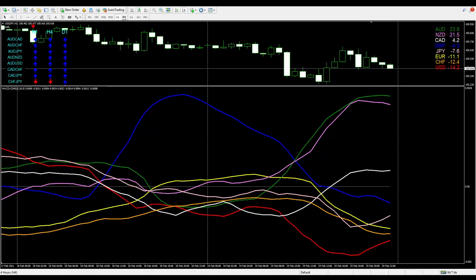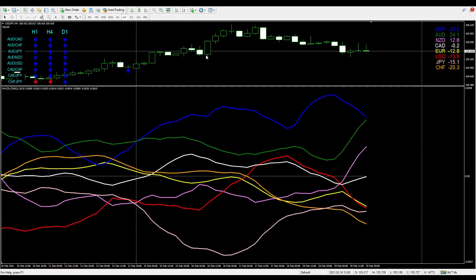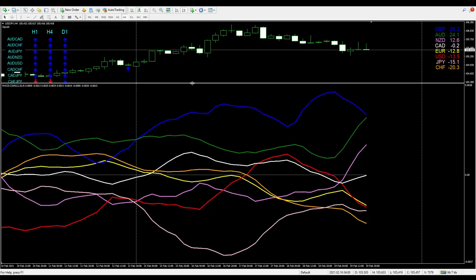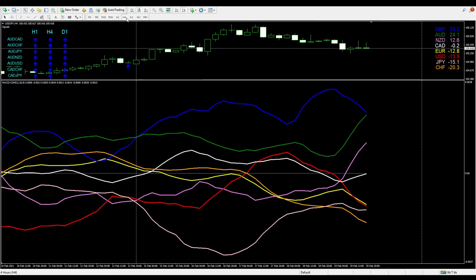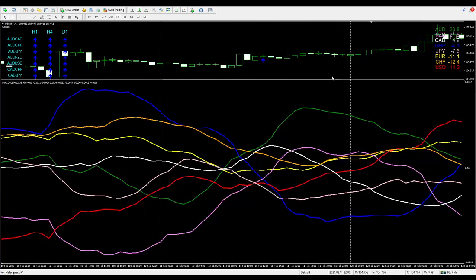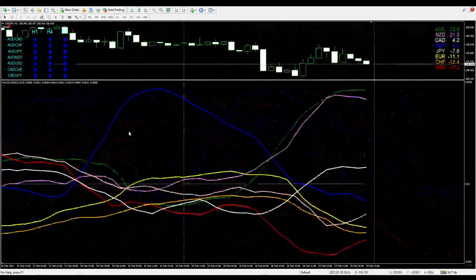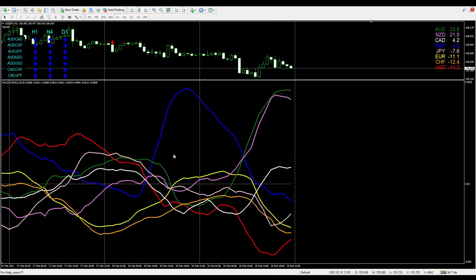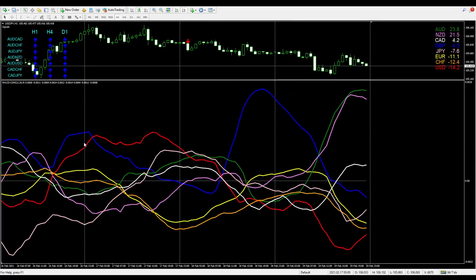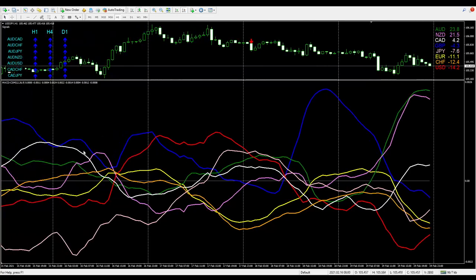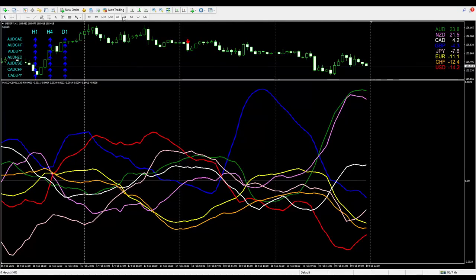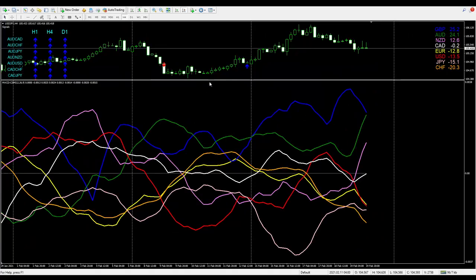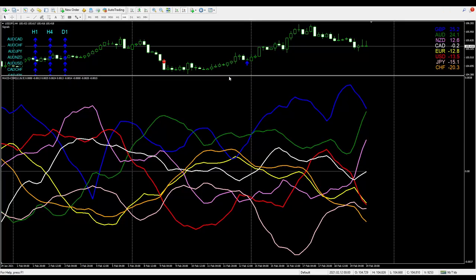Oh, one moment. This is on H1 time frame. Let me check. Yeah, the H4. I'm sorry about that, everyone. Because if we are checking the general trend, we should always use the H4 time frame, because on the H1 time frame this could change on the next day, because our parameter here is just 26, which means the past 26 hours. So as you can see, usually it changes for the next 26 hours. But if you want to have a more stable signal, we should use H4, since it's the weekly signal for those kind of